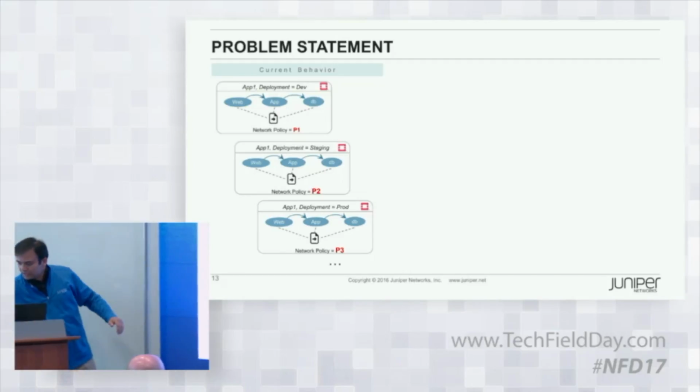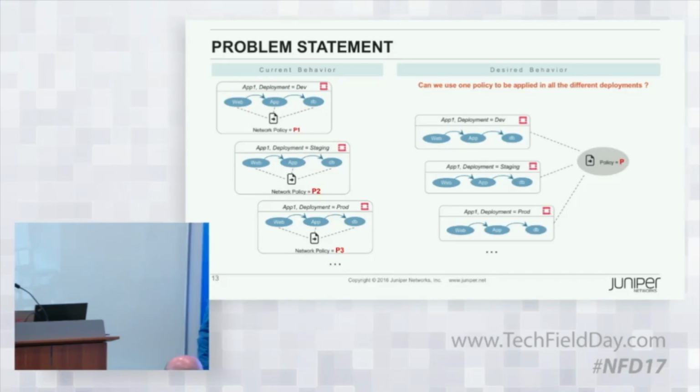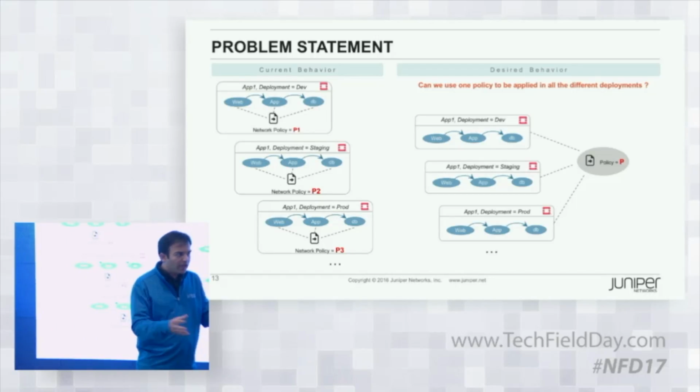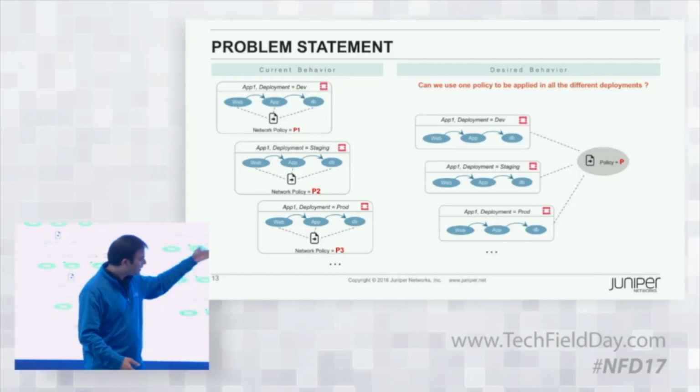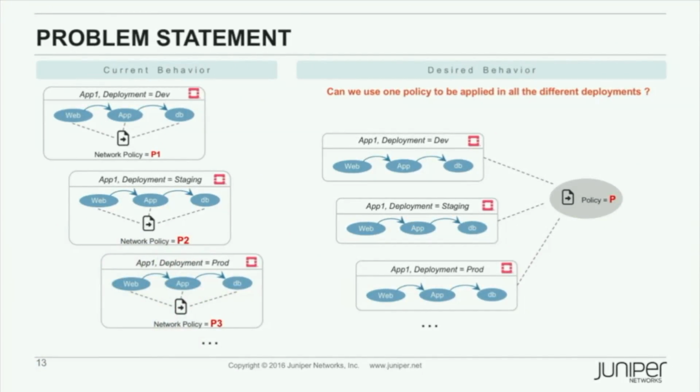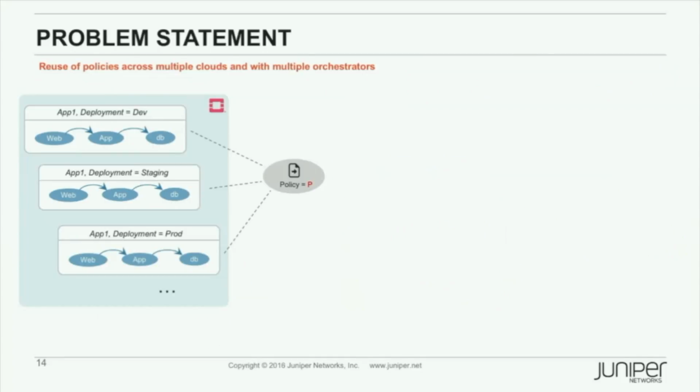So ideally what we want is, regardless of the environment the applications are deployed in, one instance of the policy that's more fungible and that applies to the application regardless of the environment it's deployed in. If we are able to accomplish that, notice that there's an obvious savings in the number of policy rules, and therefore that can alleviate the problem of policy explosion. So obviously, we get reduced complexity, we can manage it better, and things scale much better. I'll take the same problem a little bit further, because the problem is exacerbated when